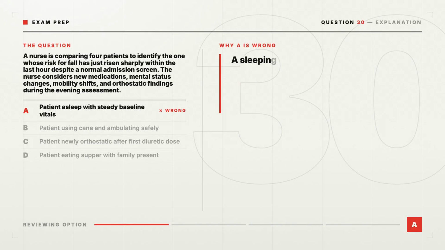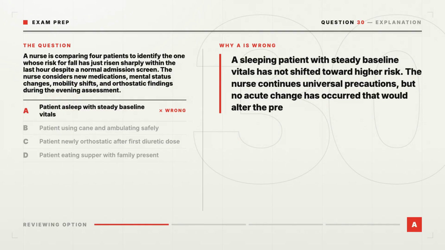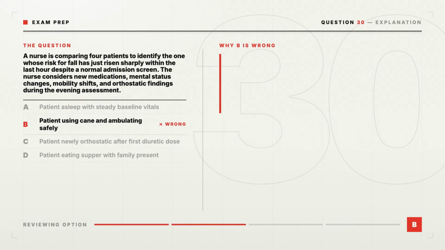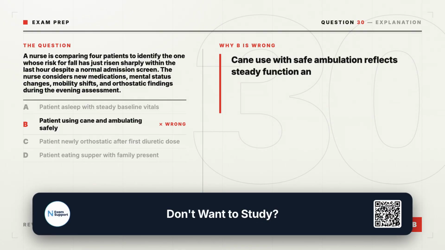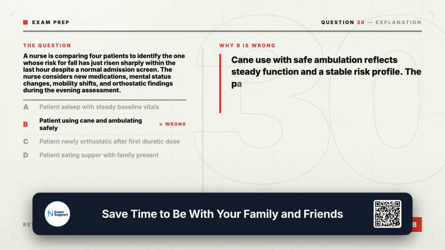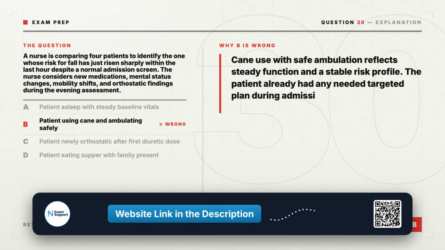A is wrong because a sleeping patient with steady baseline vitals has not shifted toward higher risk. The nurse continues universal precautions, but no acute change has occurred that would alter the prevention plan in the moment. B is wrong because cane used with safe ambulation reflects steady function and a stable risk profile. The patient already had any needed targeted plan during admission, and no new cue today signals a sudden increase in